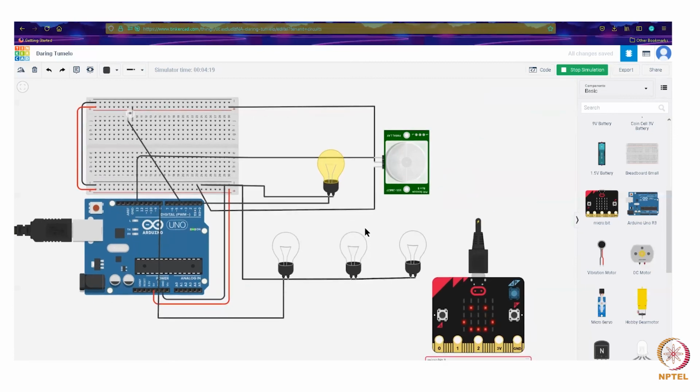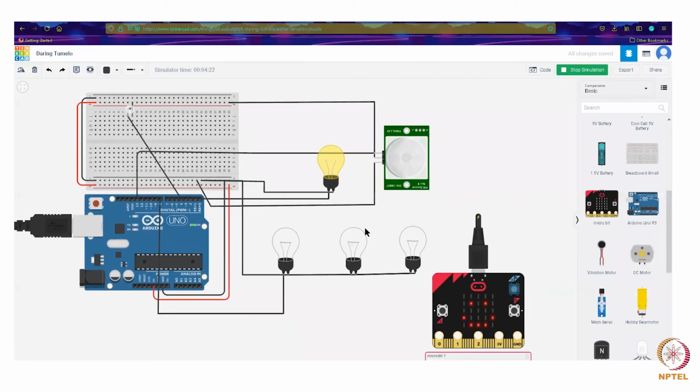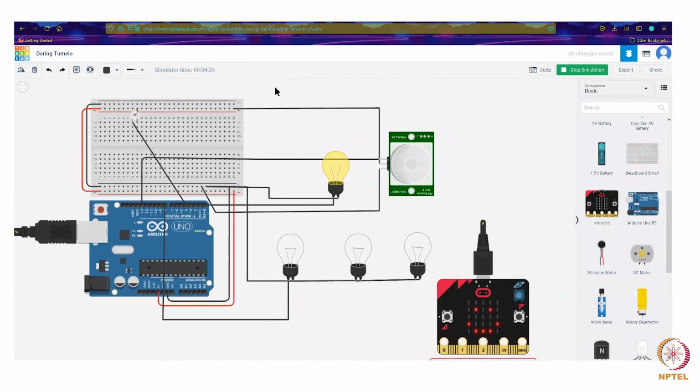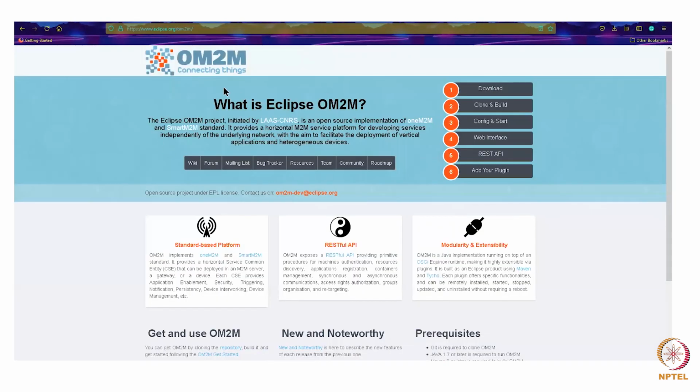This is another thing that you could try. We gave them a demo of AWS IoT, but this might be another one. I didn't know about this OM2M. We should try it out. Yeah, OM2M is literally wonderful. We have this on it. It's a Java-based server, but you need not know Java for using it. It's user friendly once it's up.